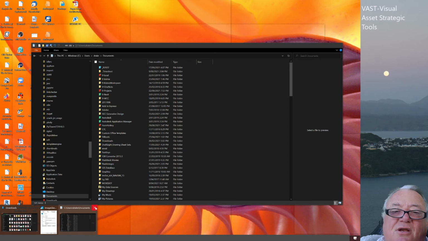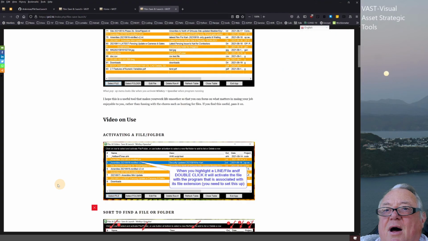Now, some programs it tends to reuse, other ones it doesn't reuse at all. It just creates a new instance each time. So if you're jumping around through a lot of files in a day, just be aware that you may need to go and shut some of the things down. So it's not perfect. It was just something that I wanted to restylize to suit the way that I work,